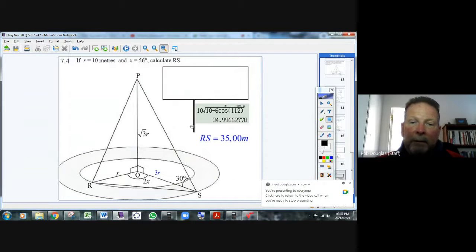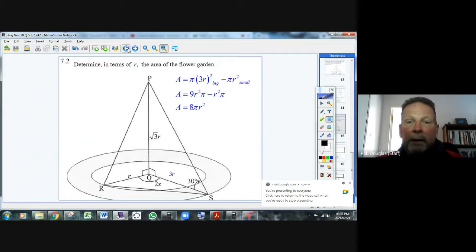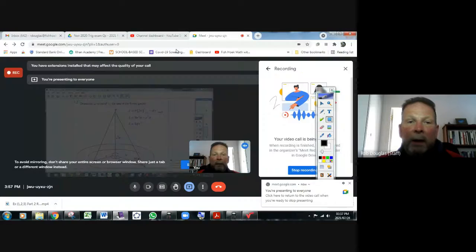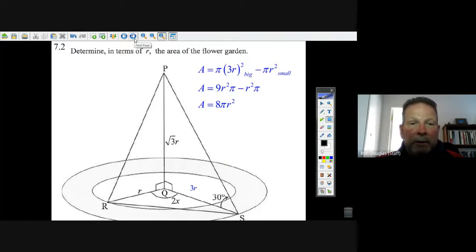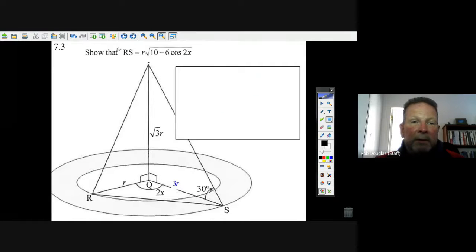Okay, I'm setting up a little bit here in this question. Here we are back again doing this 2020, the last part of the trigonometry. We just did this question, 7.2, the area of the ring of the garden. The next question says, show that the distance